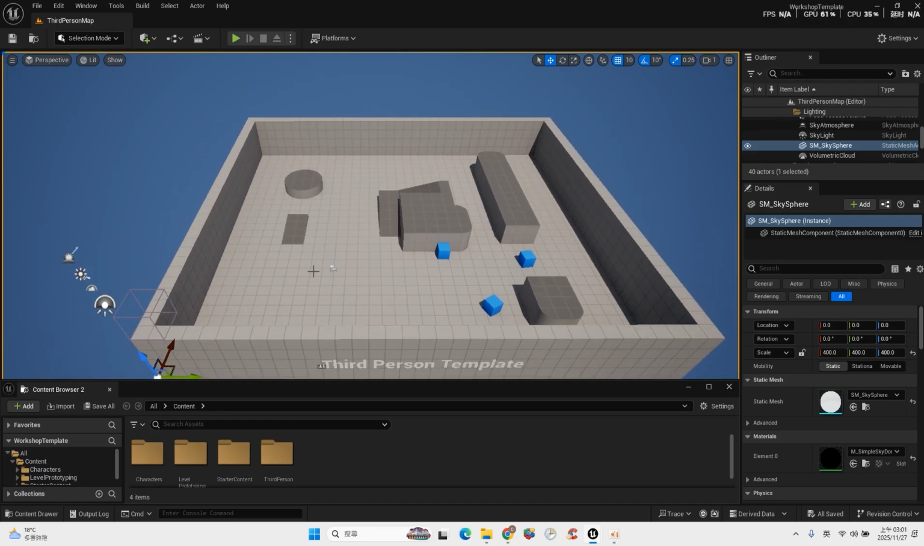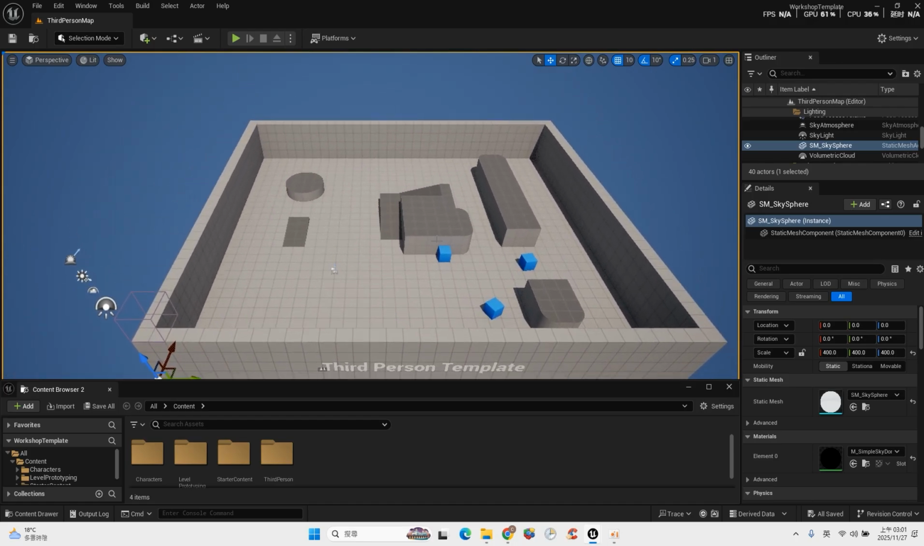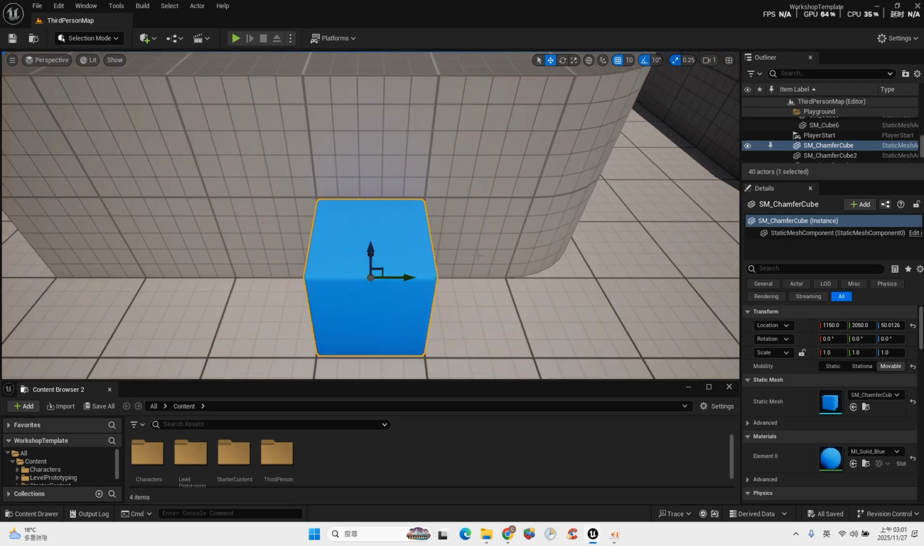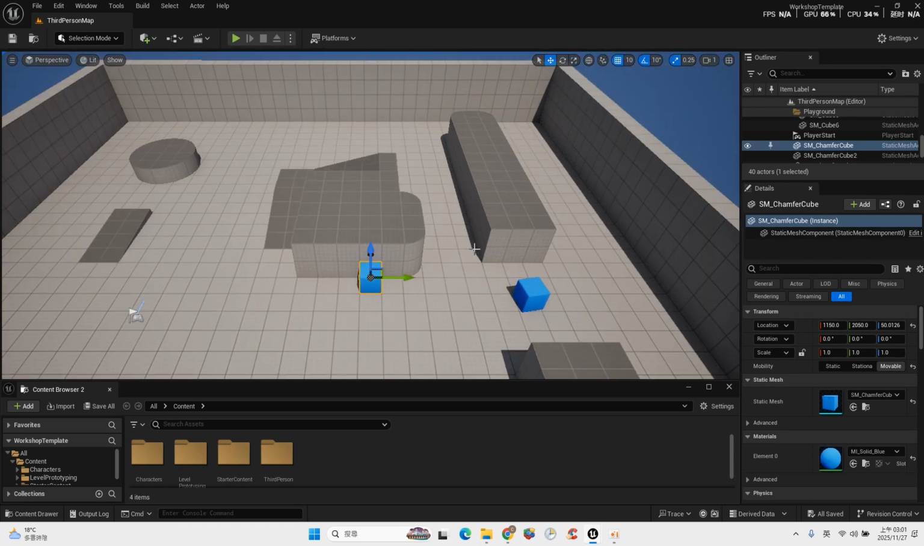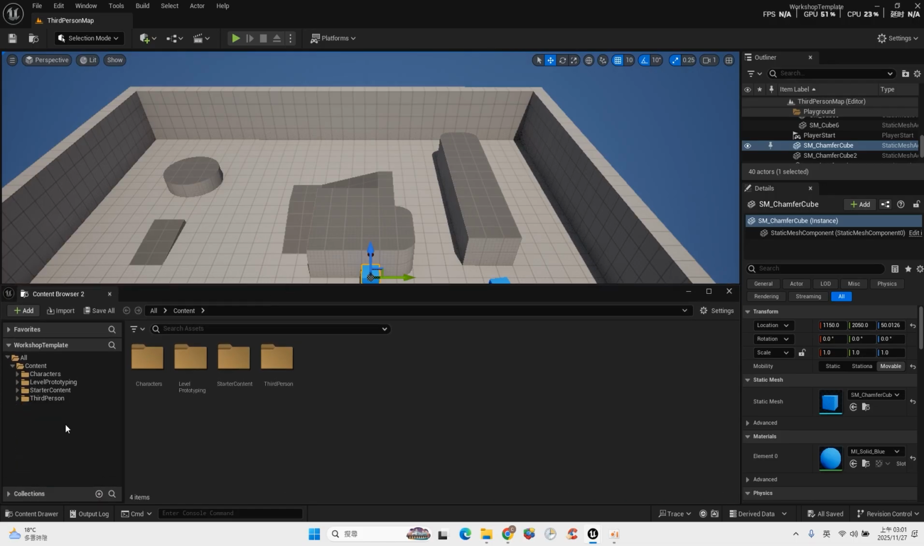Okay, let's get started. So first, let's take a look. This is the map. The thing we are going to do is the basic setting of this level. You can see that this map, we call it a level, and you can find a map right here on the third person part. So this part,